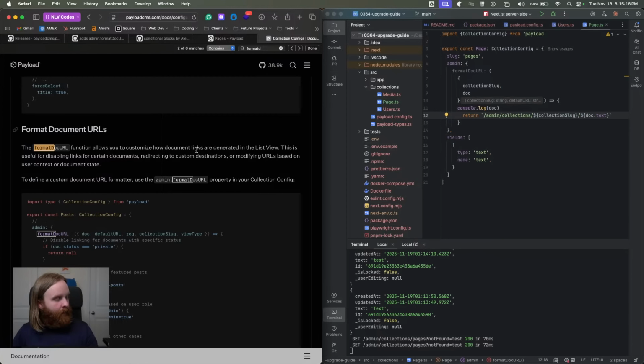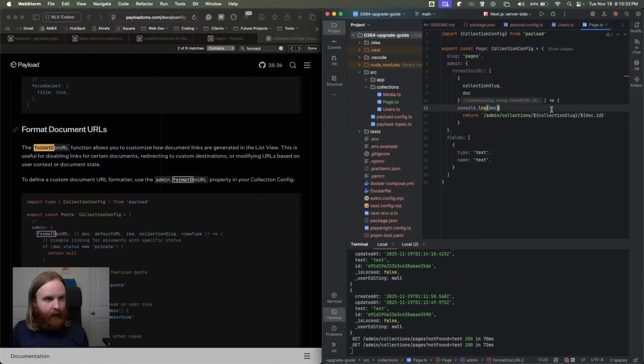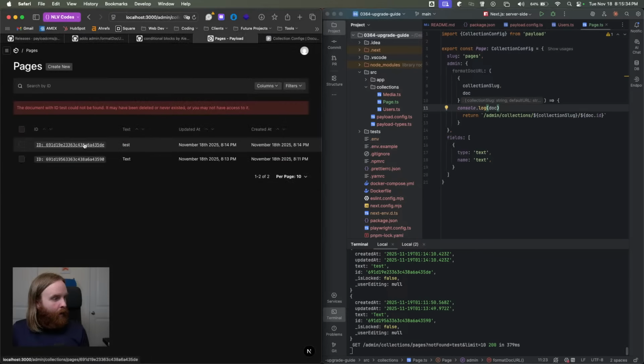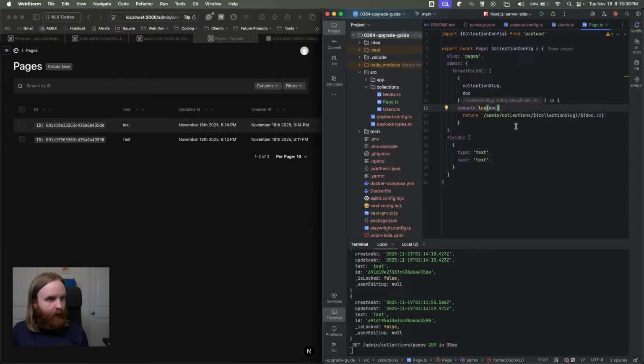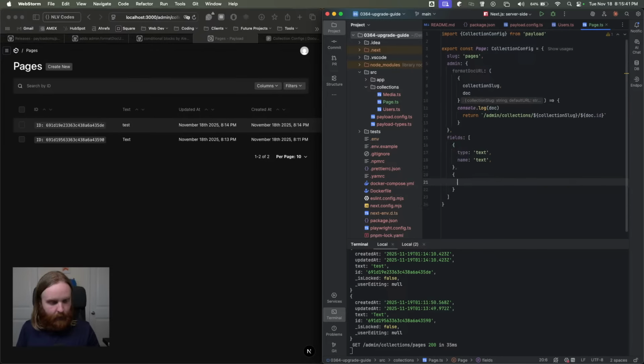Okay, so the real power in this is that you get to redirect to other pages rather than changing the default behavior of how Payload operates. So if I change this back to ID, we'll see that we can access our documents here. But if I added something like type of checkbox, name featured, we could do something like